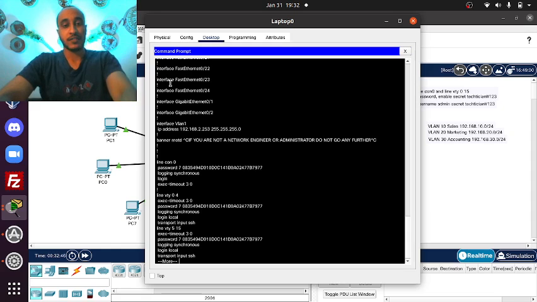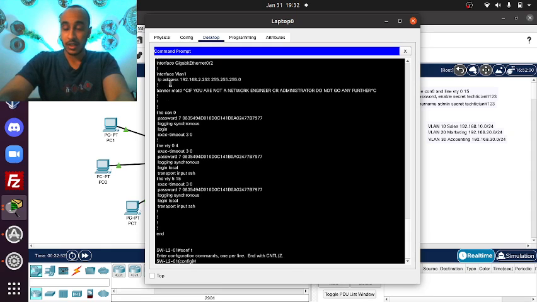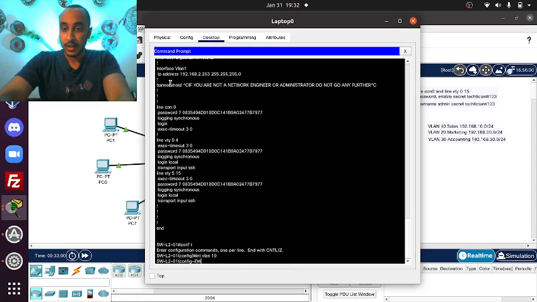We have a VLAN interface here. So first, let's actually set up management interface VLANs as well. We're going to go through interface VLAN 10, and we're going to specify an IP address